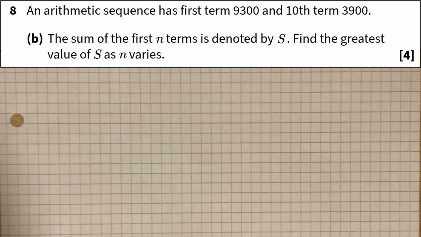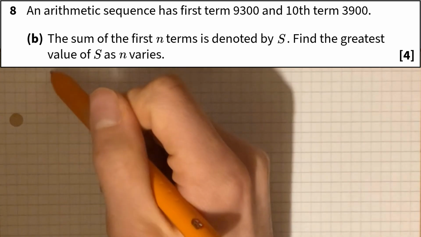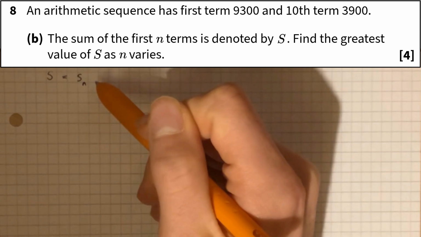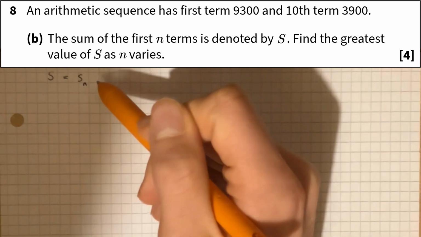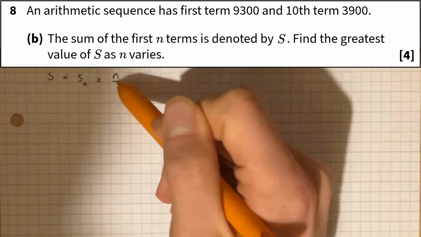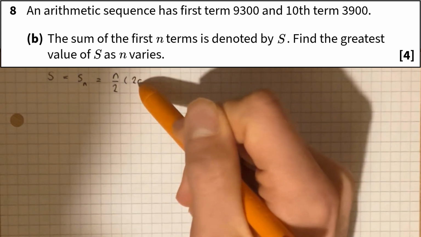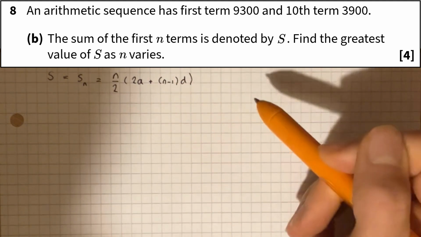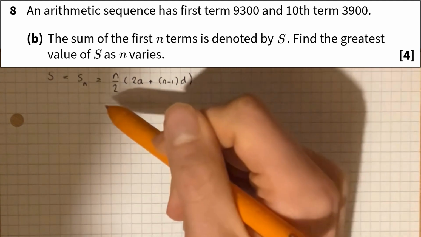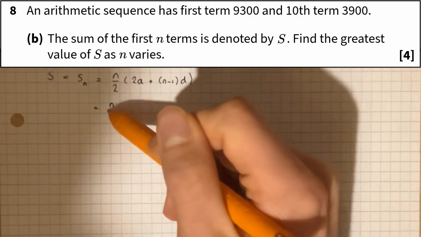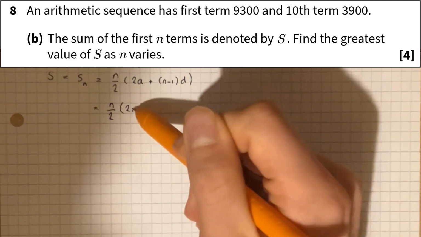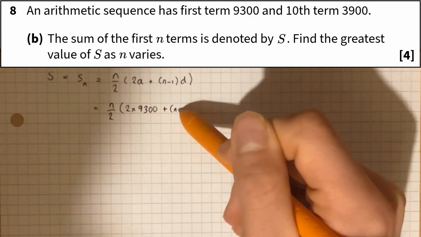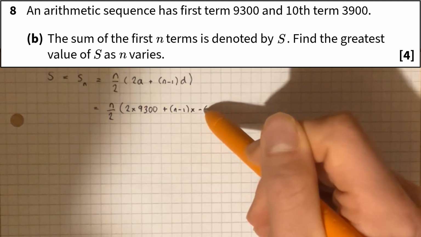The next 4 marks, the same series, we are told that the sum of the first n terms is denoted by the capital letter S, and that represents what we usually call Sn. Because it's an arithmetic sequence, we know the formula, n over 2 times (2a plus (n minus 1)d). That is in the formula book, so you don't need to know it off the top of your head. If we now sub in the values that we know, a is 9,300 and d is minus 600,